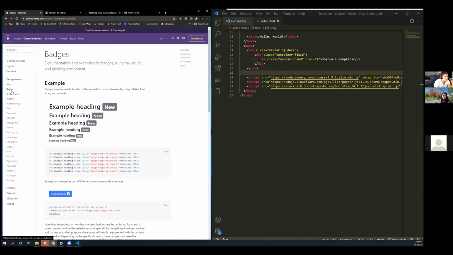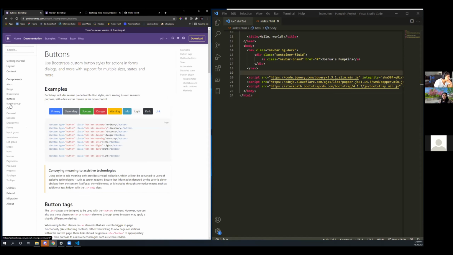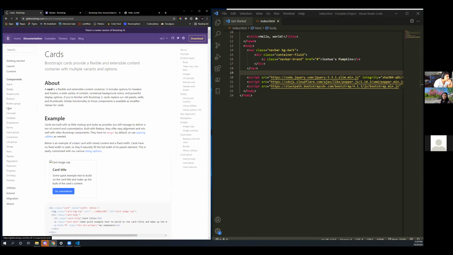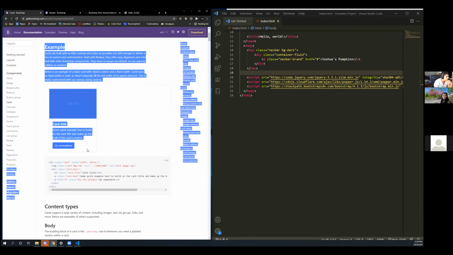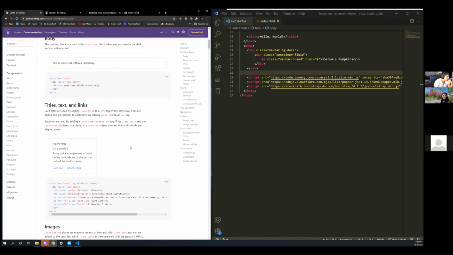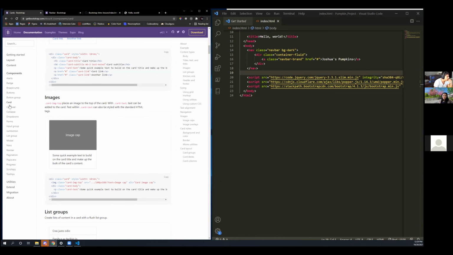But what's really important is that we just look through them and see what we need. So we have a badge class, we have a breadcrumb class, we have a button class, we have cards. These are interesting. These kind of remind me of kind of like Tinder almost, like the swiping little things. We have